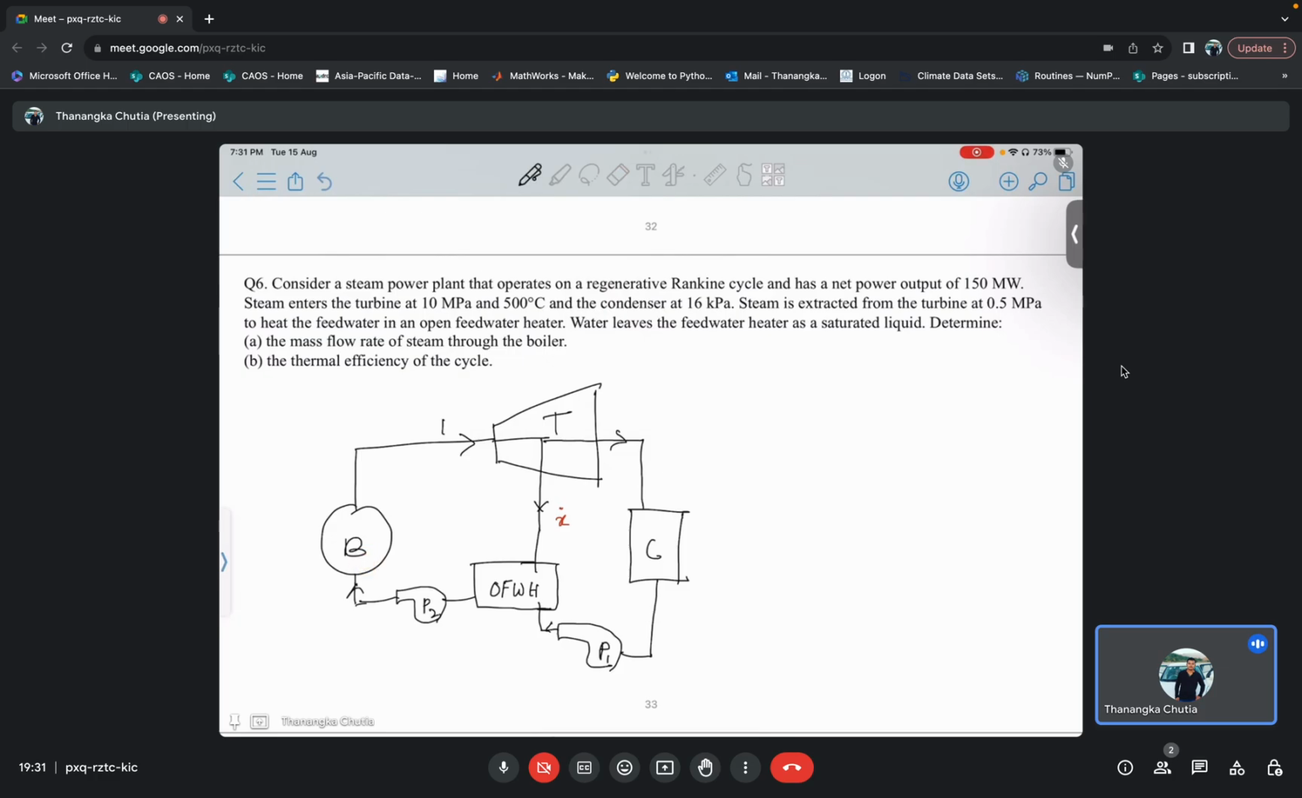Now if I name these points, if this is my point 1, say this is my point 2 at which I am extracting, then this is my point 3, this is my point 4, this is my point 5. Okay, this is my point 6, this is my point 7. Okay, so in this case, if I am taking